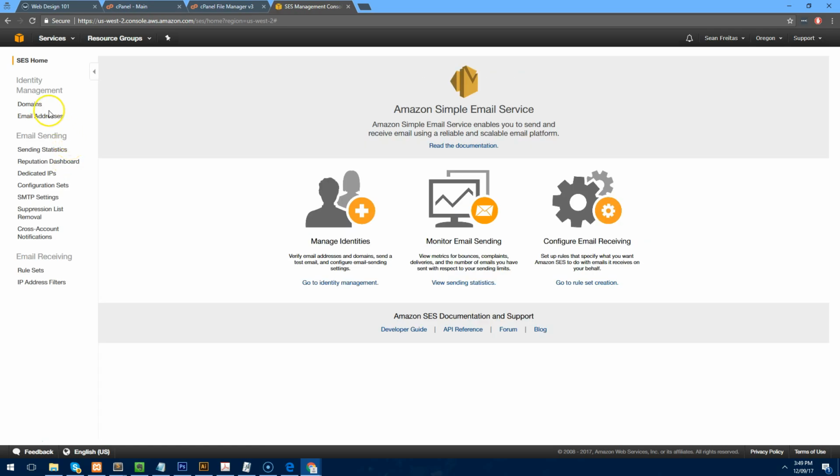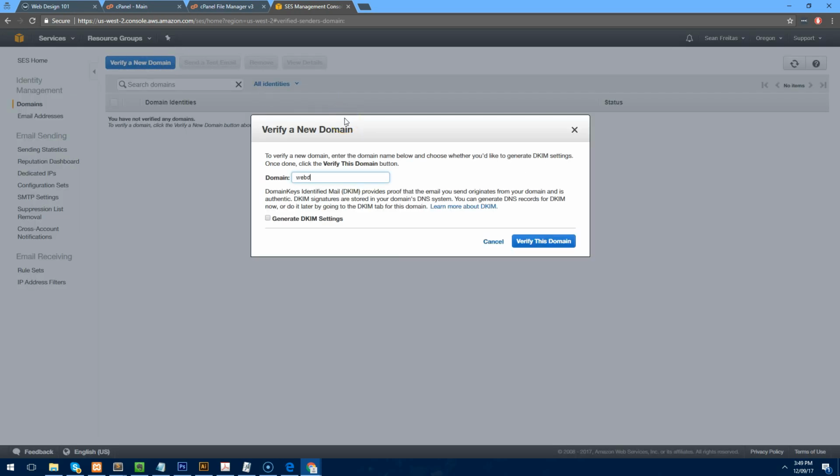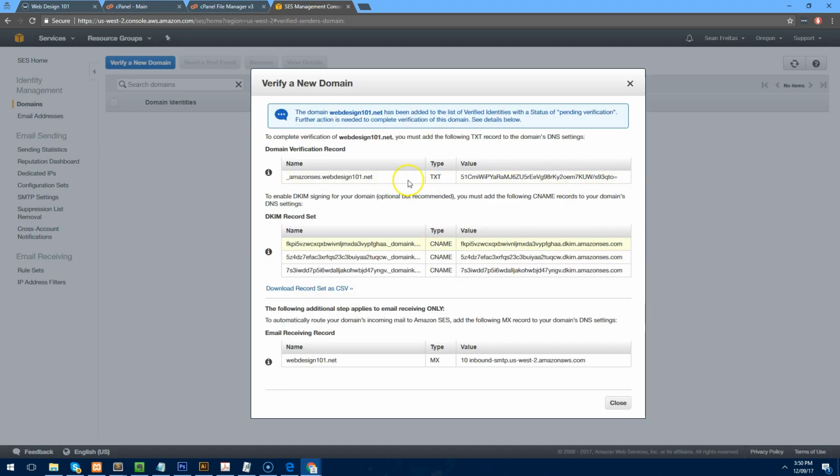So the first thing we need to do is go to domains and verify our domain. Our domain is webdesign101.net, and we should also tick generate DKIM settings, which we can add into our hosting DNS settings, and click on verify this domain. Now once we click on that button, it will give us a few settings we need